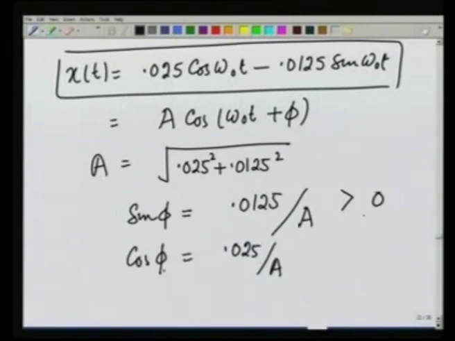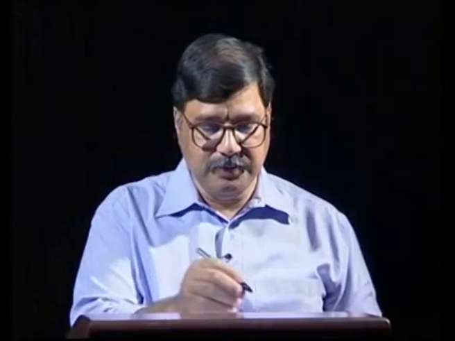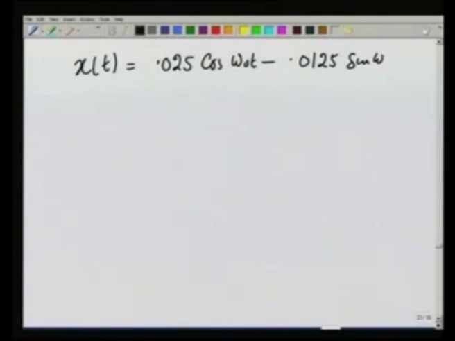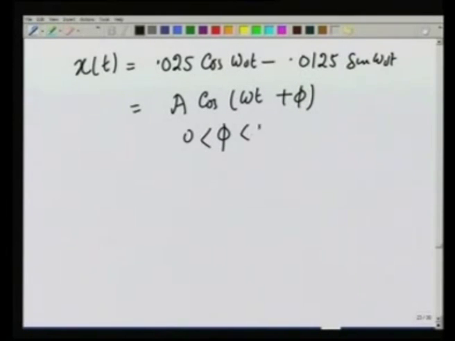Both are greater than 0, and this tells me that whatever the value, phi is between 0 and pi by 2, and therefore, if I plot this function, which we wrote as some amplitude cosine of omega t plus phi, with phi between 0 and pi by 2,